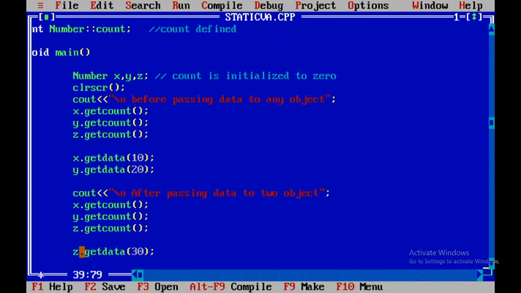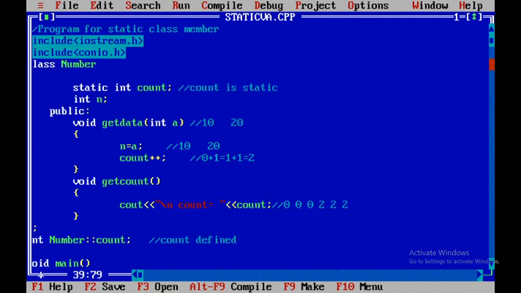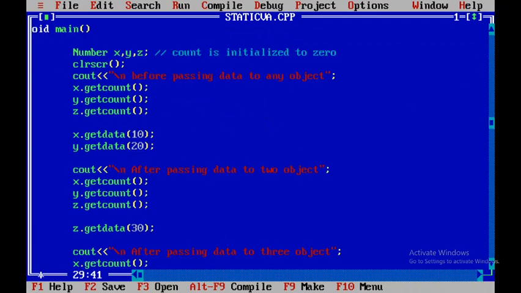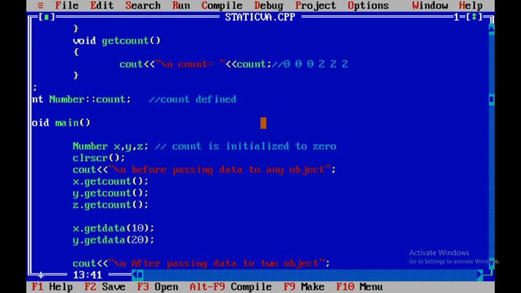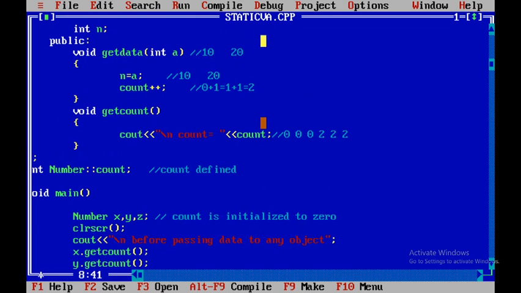Now we will call getData method by using z object. So z.getData we are passing parameter as 30. So here value of a will now become 30. So that means value of n for object z is 30.